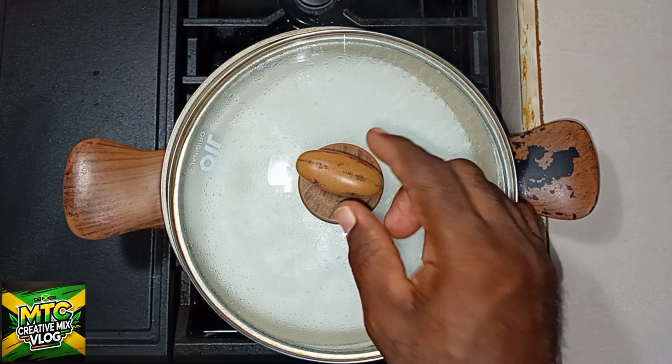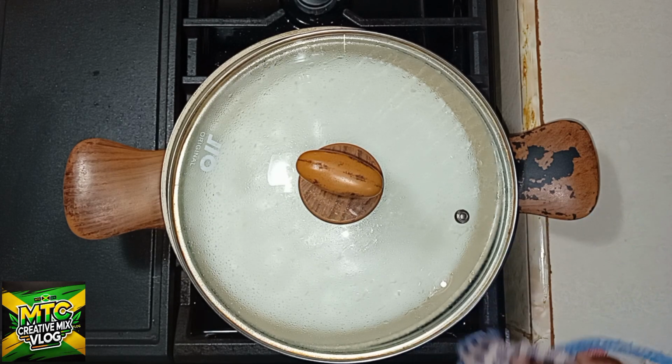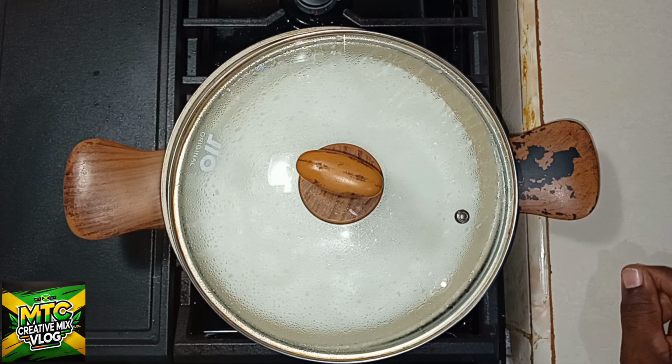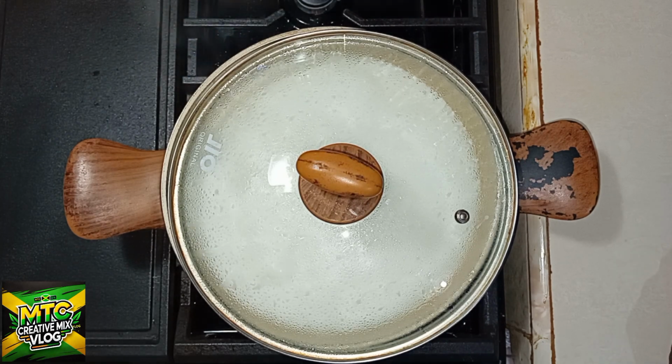All right. So I'm going to allow it to boil for at least 15 minutes. Apparently it has been 5 minutes already, so around 10 more minutes remaining. After it's boiled down, I'll get my seasonings like my scallion, pepper, and the thyme, with a pinch of salt,